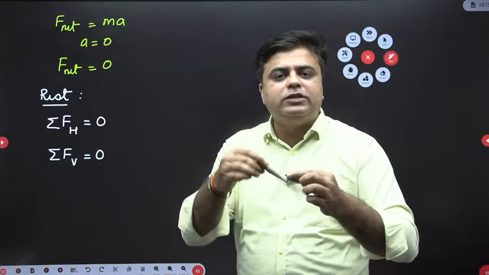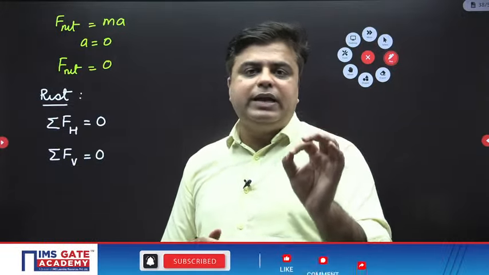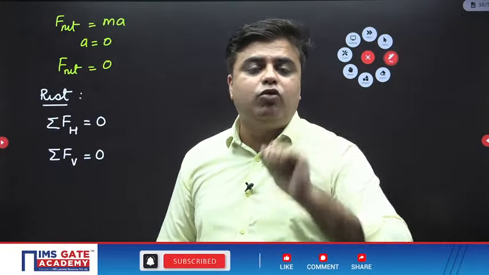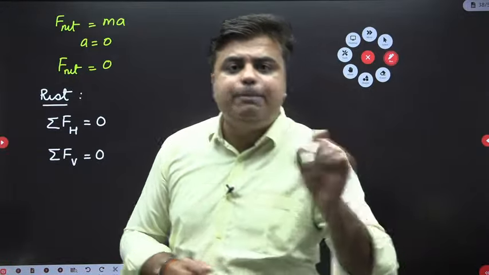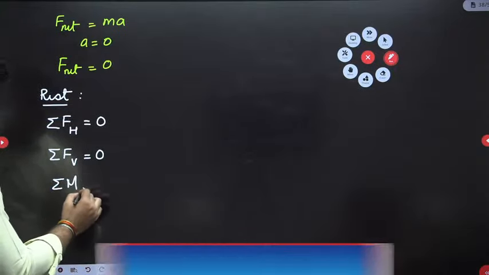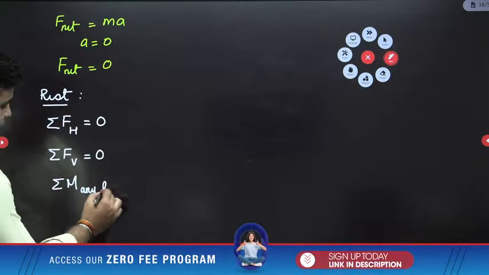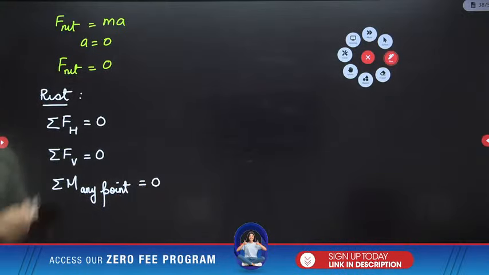Third condition: if the body is at rest, the body is not rotating about any point. And if the body is not rotating about any point, the net moment acting over the body is equal to 0. Now this net moment can be written about any point. So I will write down the summation of moment about any point on the structure